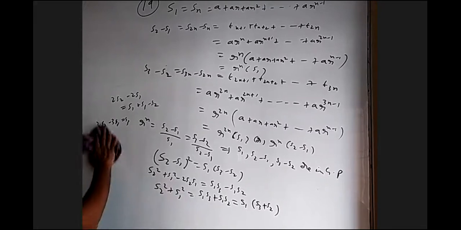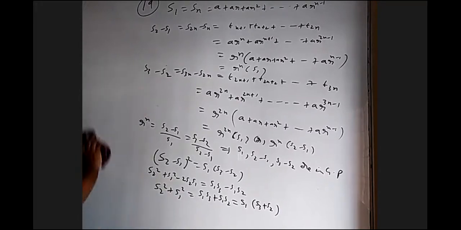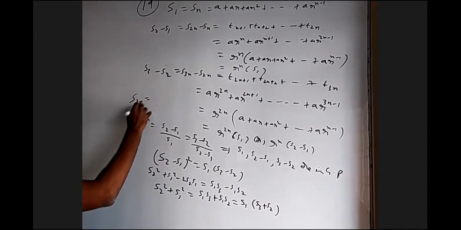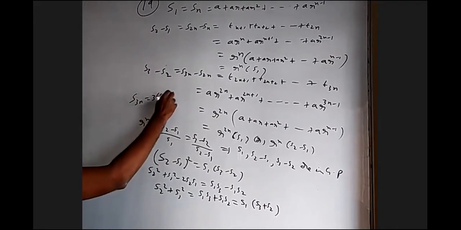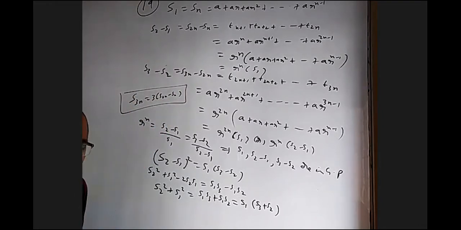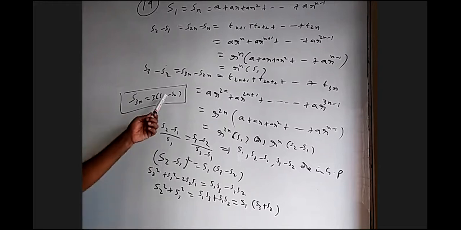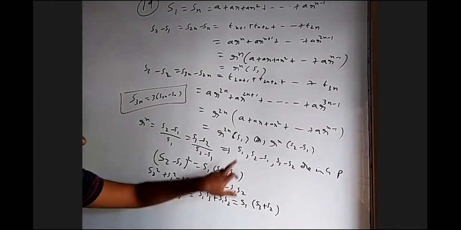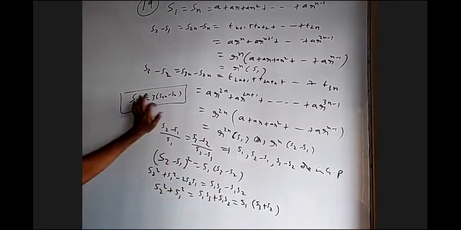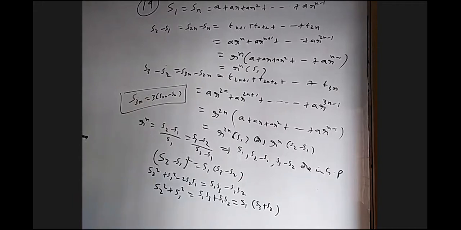Yeah. I think I even told you a result, if you remember, in AP, S3n is equal to 3 times (S2n minus Sn). You remember that? Yes, sir. I said how this is n terms and this is 3n terms. The same thing would have come from here. If we prove these three are in AP and take this plus this, a double of this, you'll get this result. Okay.